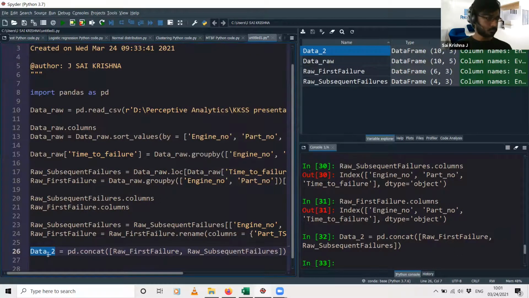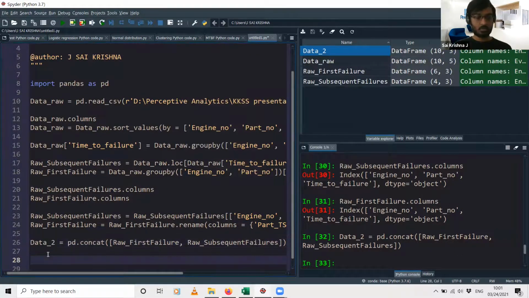So I'll just create a new data frame that says data_MTBF is equal to, I will just apply the same group by function on this data_2, the new data set that we just created. Okay, and for each part I need to calculate the mean time to failure, right? So part number, the column is part_, that is the column name.